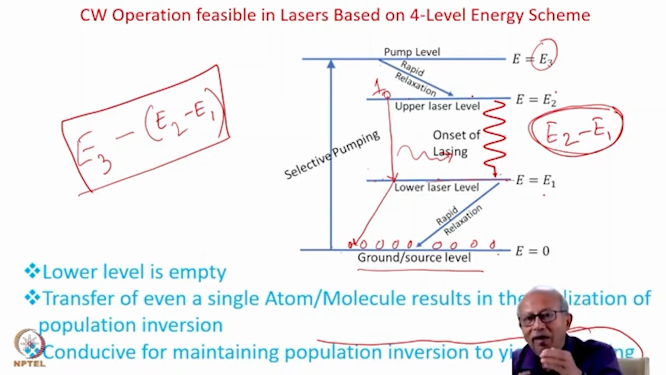Then another effect that is simultaneously taking place is increasing the temperature, which tends to reduce the population. So in one way, you are trying to increase the population inversion by increasing the intensity of pumping. At the same time, this is also tending to reduce the population inversion. Therefore, as you see, until and unless you remove the heat from the system, you cannot